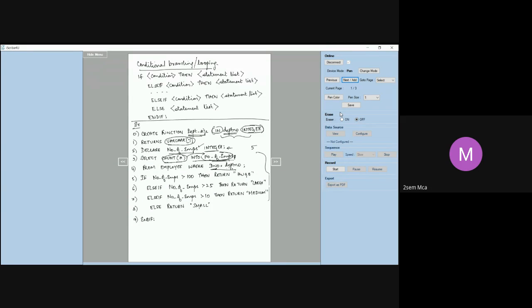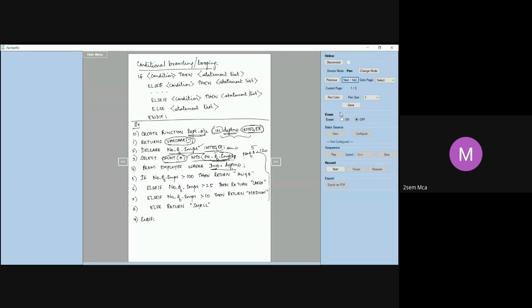Now I have count of star, and I am storing it into number of employees from employee where D number is equal to D number. So let us say in department number 5, number of employees is 120. This is the number I have stored in number of employees. Now I am going to check and return something if number of employees is greater than 100. We have already counted how many employees are there and stored it in number of employees, right? Now, whatever is the number of employees, we are going to check.